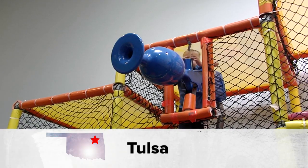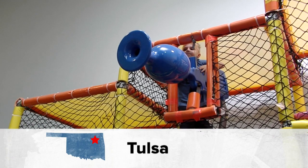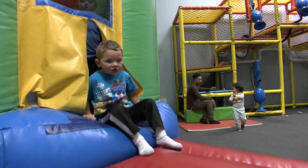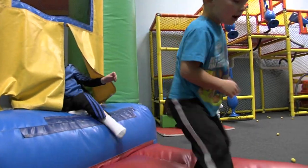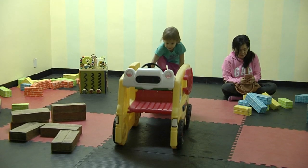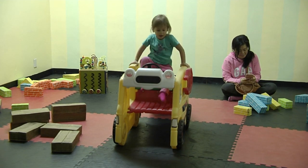It's a good atmosphere, it's fun, I feel safe, it's clean. The 10,000 square foot fun factory caters to kids of all ages. The toddler room is basically for 3 and under, and we try to keep it a foam type area, soft